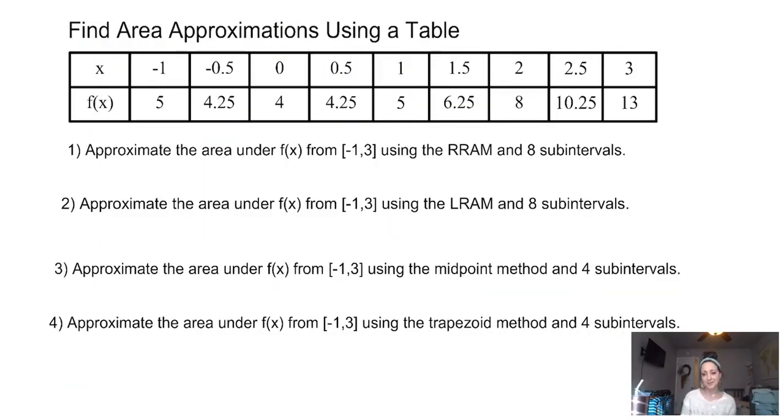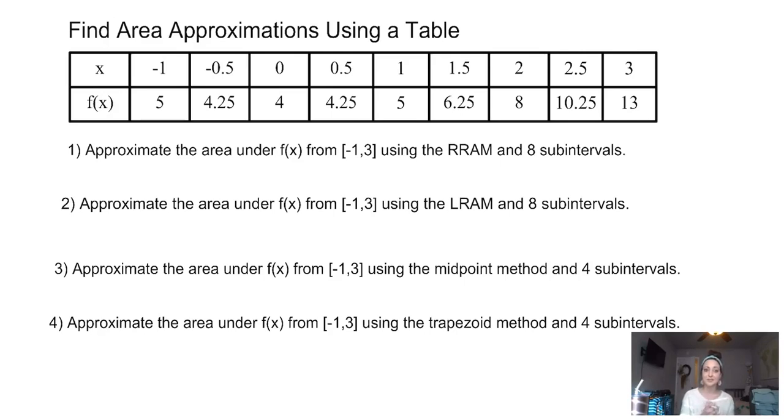All right, the most common way you will actually see these on the AP exam is with tables. So let's take what we just did, because with a table, I can mentally think about plotting those points and do exactly what we just did with the graph. So even if the graph isn't given, it is pretty intuitive to switch from a graph to a table. So number 1 here says approximate the area under f of x from -1 to 3 using RRAM and